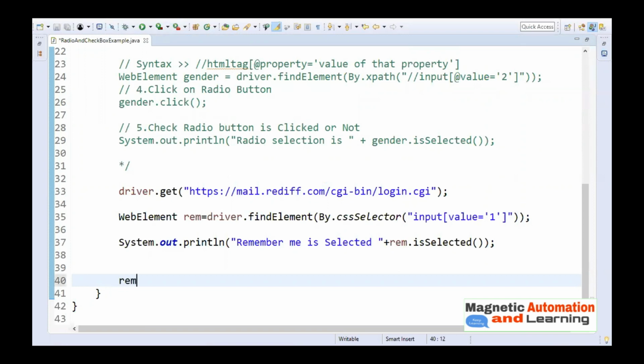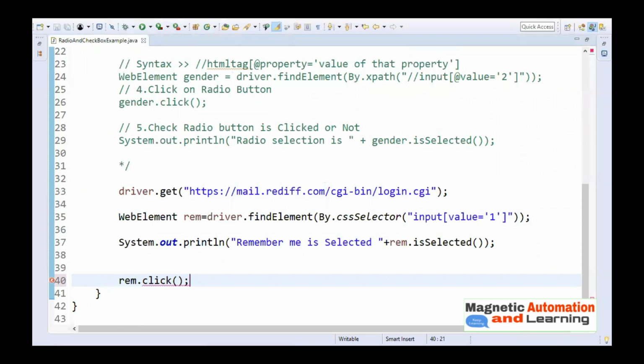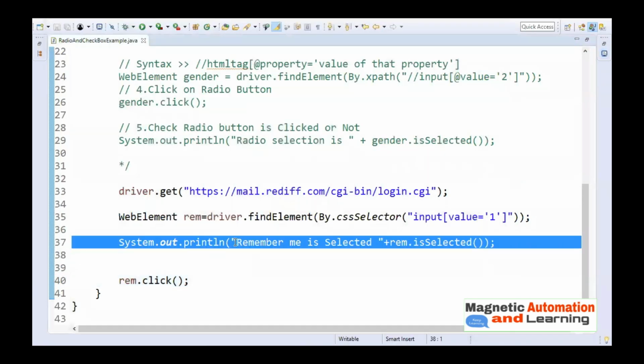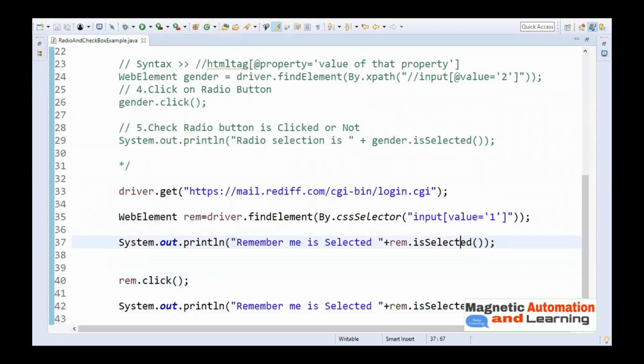Let's uncheck it. So how to uncheck? Rem dot click. If you click a second time, it will become unchecked. So I will have the sysout statement after click, and here is selected. Here I'm going to have before click, and this is what I can say after click.